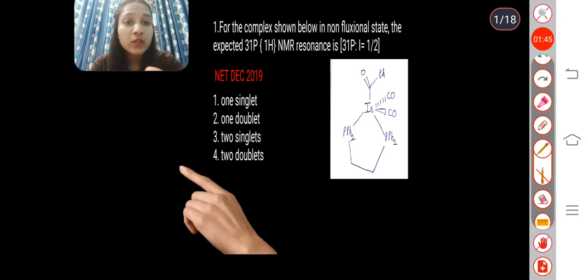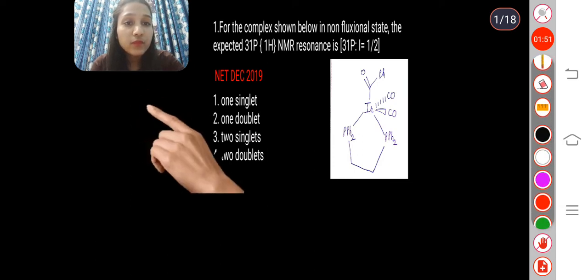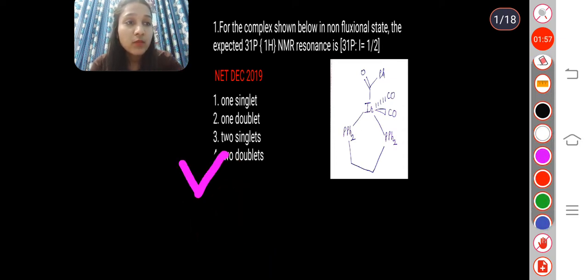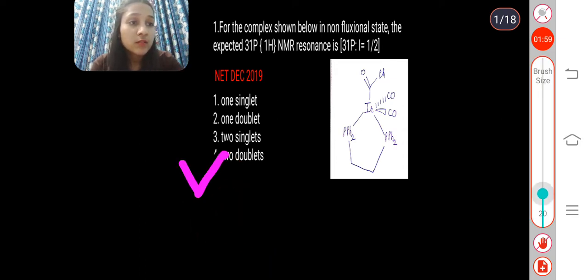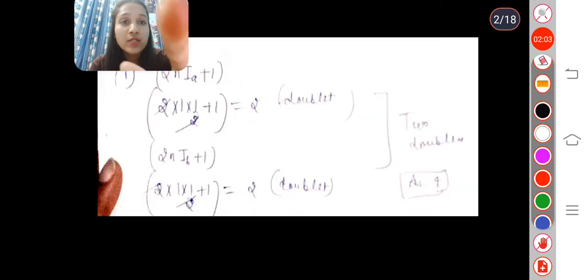So in total, we have 2 doublets here. So if we go with the question, the correct answer is answer number 4, 2 doublets. Now the second question is